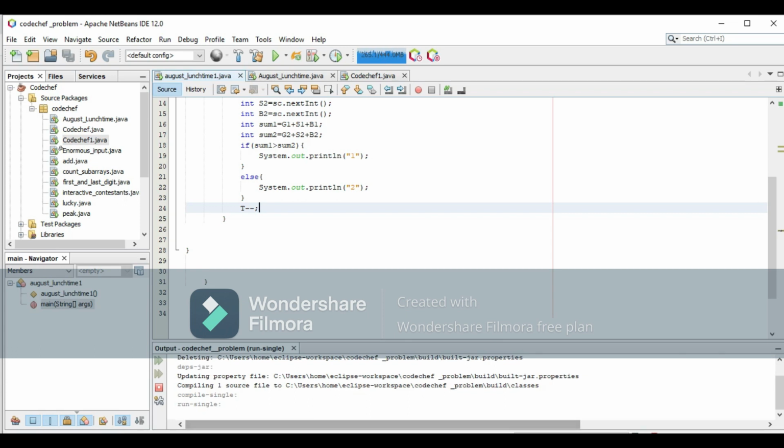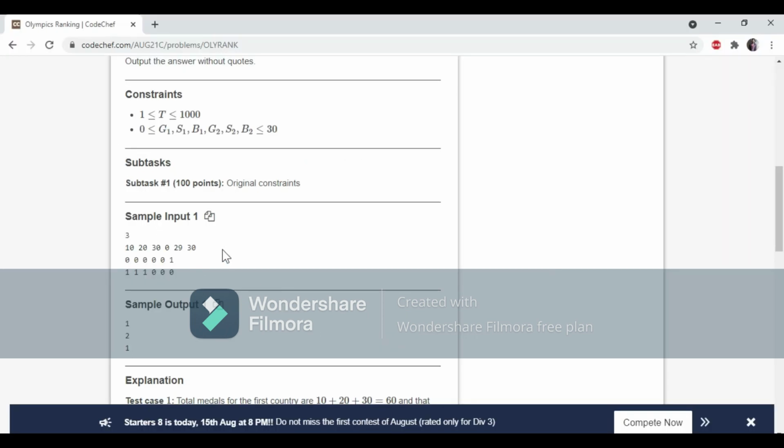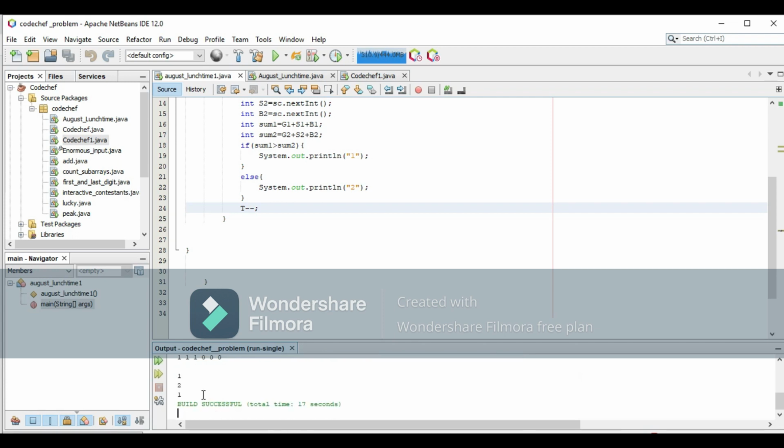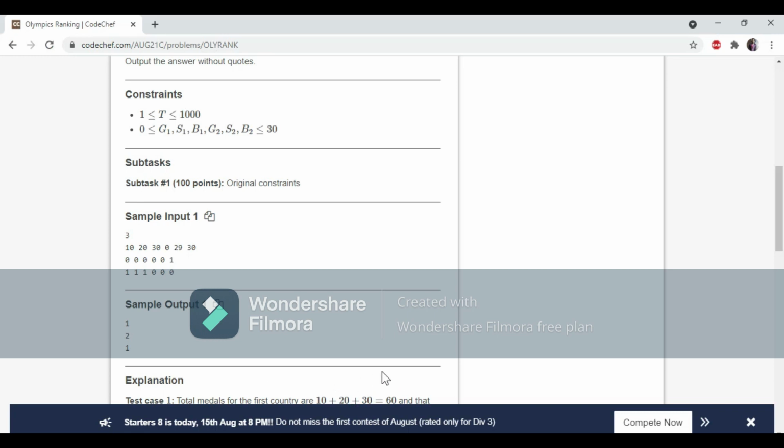Here you see the program is compiled successfully. So copy the sample input test and paste it in the input section. So here we paste, and you can see the output is the same as the CodeChef sample output, that is 1 2 and 1.